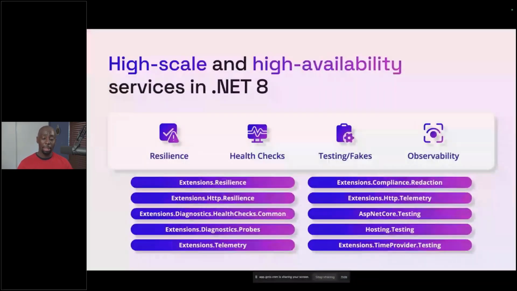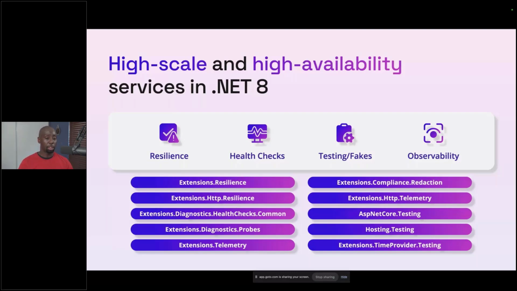And again, with Aspire being a stack, I definitely want you to think about it as, there's bits and pieces of it that you could use in your applications today, and there's bits and pieces of it that are still being worked on, right? I feel like Aspire is very much an evolving story that we're going to be a part of for a very long time. It's very much a collection of puzzle pieces. So, you might use some pieces now and some pieces you might never use, right? Again, it's really about you and your application and knowing what are the things that are available that I want to really pay attention to?